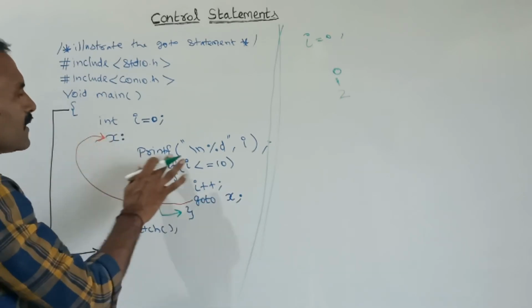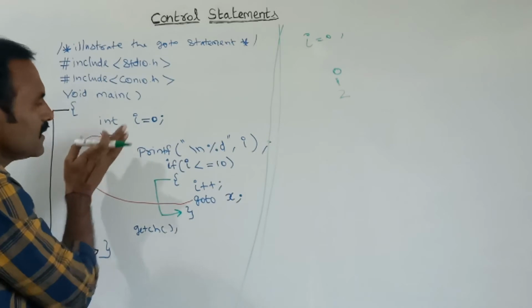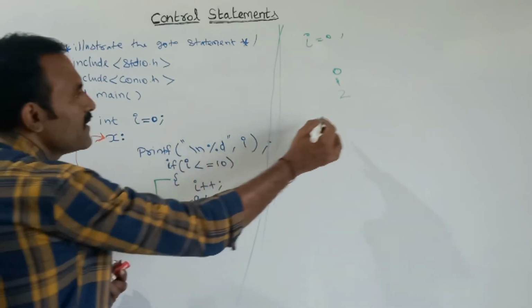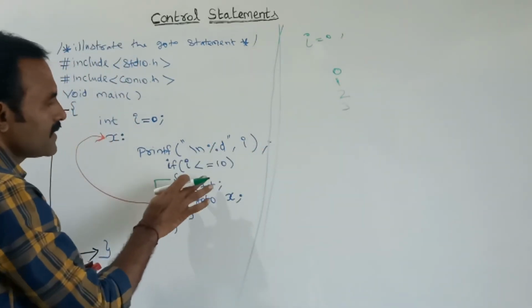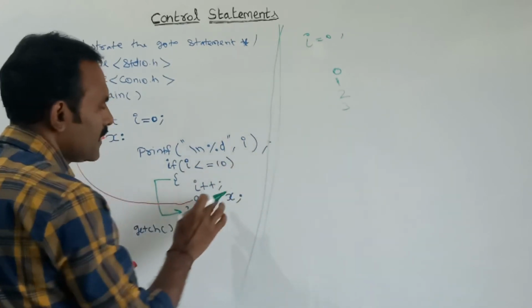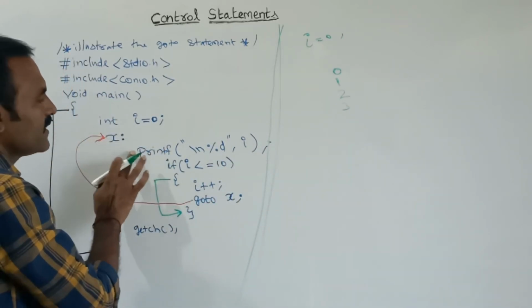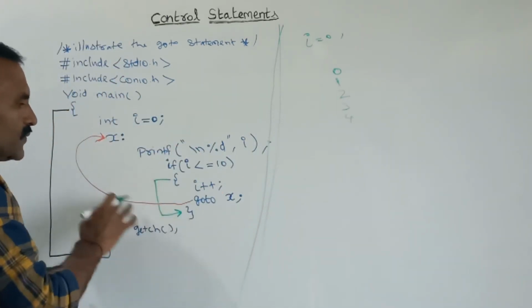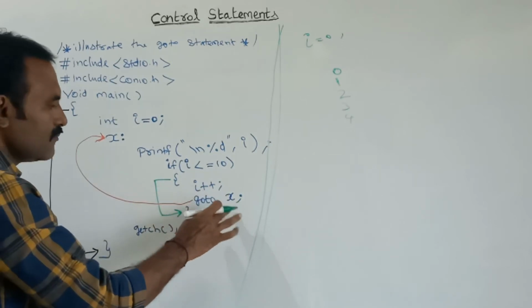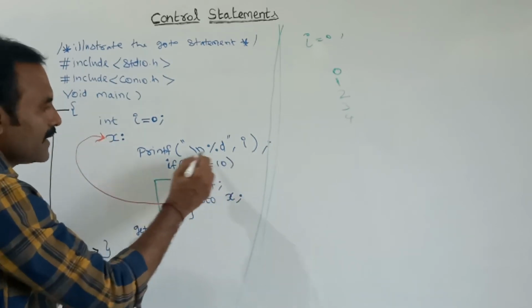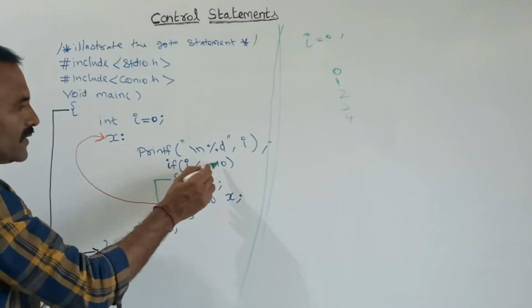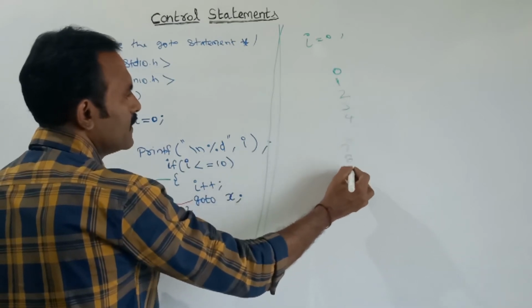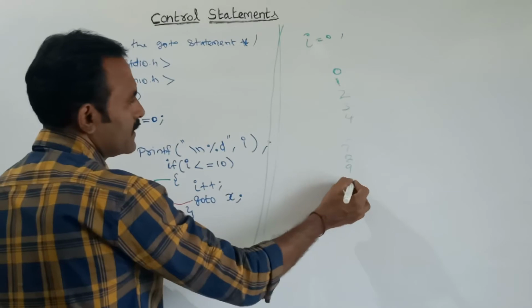After this label, this set of statements will be repeated again and again. Here it will print the value of i, that is 3. Next it will check the condition, i will be incremented, and again it will go to X. In the very first step it prints the value 4. In a similar way, the goto X label will be repeated until the condition, i lesser than or equal to 10, fails. So the values will be printed like this: 5, 6, 7, 8, 9 and 10.